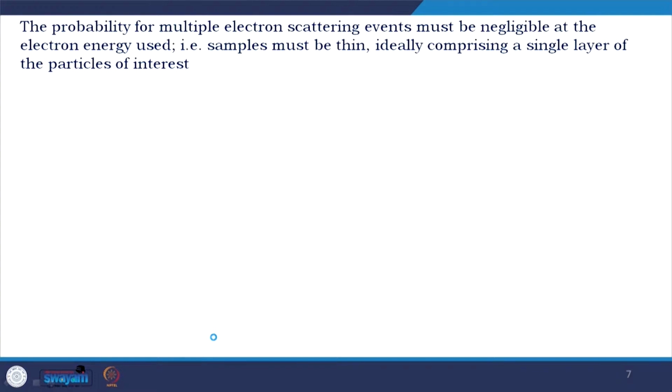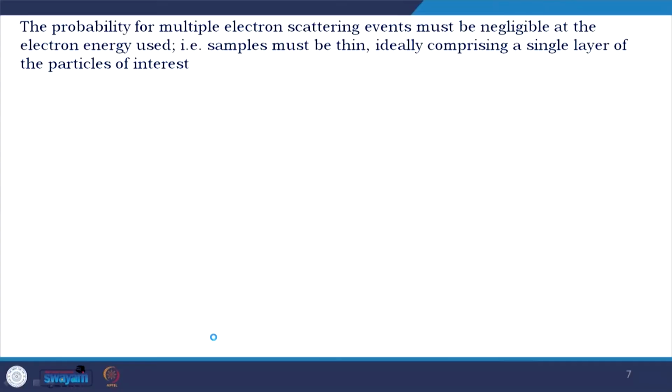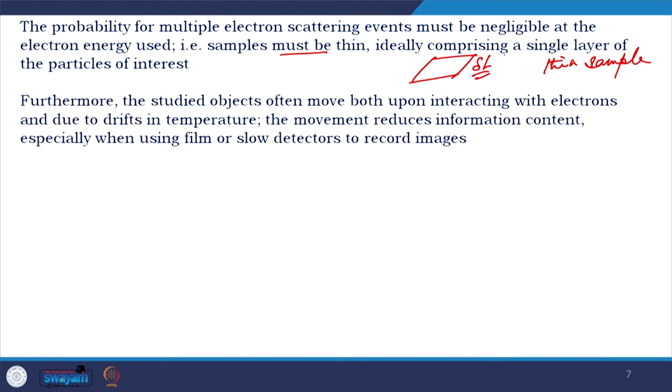The probability for multiple electron scattering events must be negligible. We talked about how when an electron hits a material, like light hitting a material, there are a lot of effects. So, multiple electron scattering events must be negligible at the electron energy used. So, to do that you have to have thin samples, ideally a single layer. Furthermore, the studied objects often move both upon interacting with electrons and due to drifts in temperature, and the